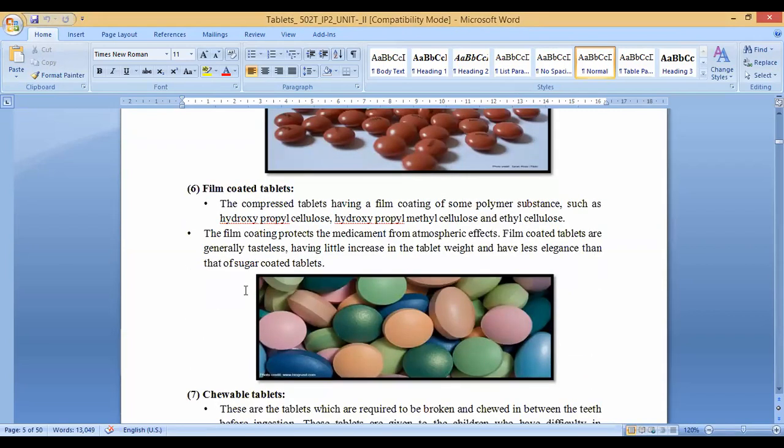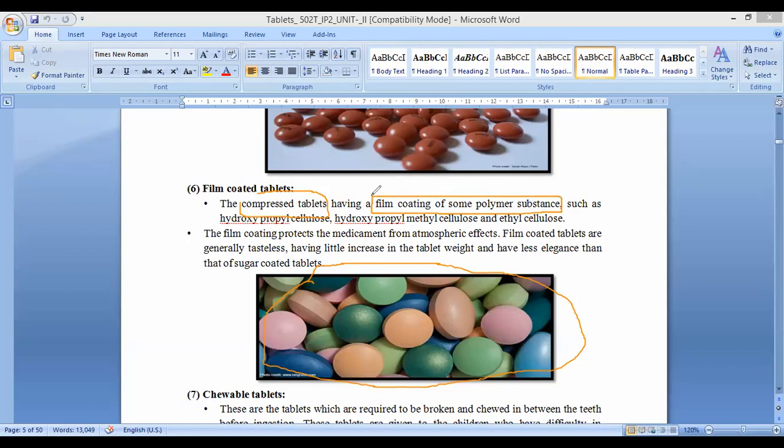The next type of tablets are film coated tablets. Now if you see these tablets which are shown over here, they look just like colored compressed tablets, but this is not the case. The film coated tablets are tablets which are coated with the help of film forming agents or film forming materials. Now this compressed tablet has a film coating of some polymer substances such as